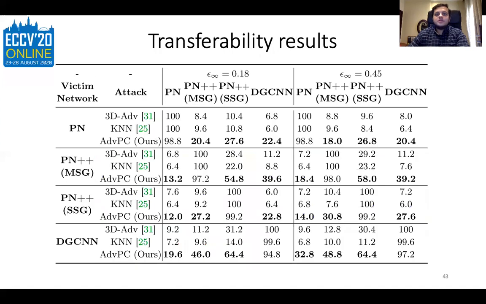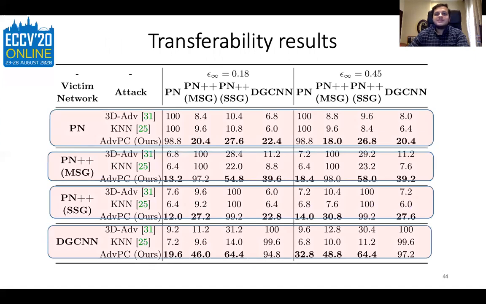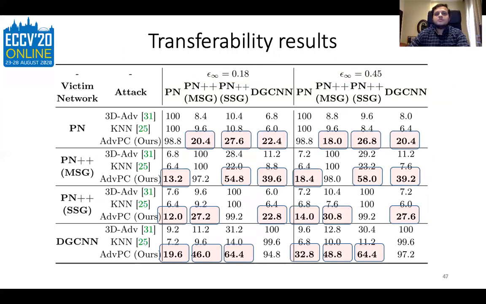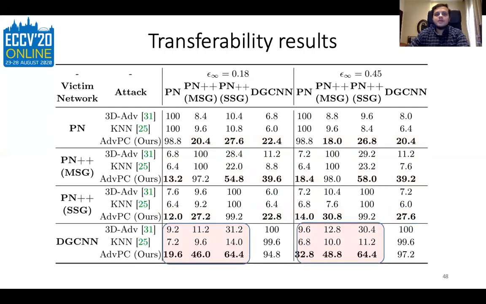We show our transferability results with reported success rates of the attacks. Each big row is the victim network with our attack benchmarked against other baselines. The evaluation is performed against all networks, including the ones that are not seen during the attack. Two epsilon norm budgets are shown in this table. Please note our method is strictly better on transferability results, highlighted on off-diagonal values, compared to the other two methods, and with a big margin in DGCNN transferability, with improvement close to 40%.